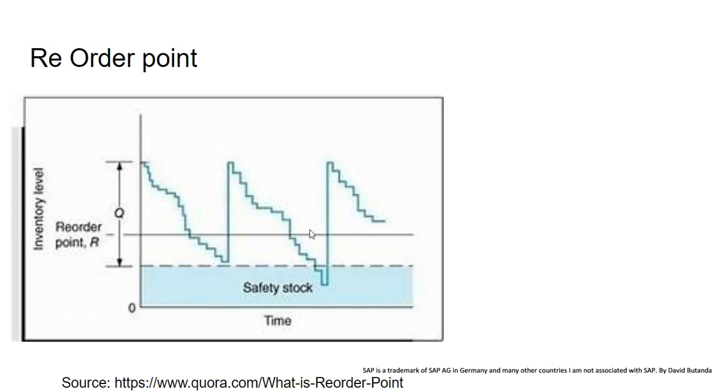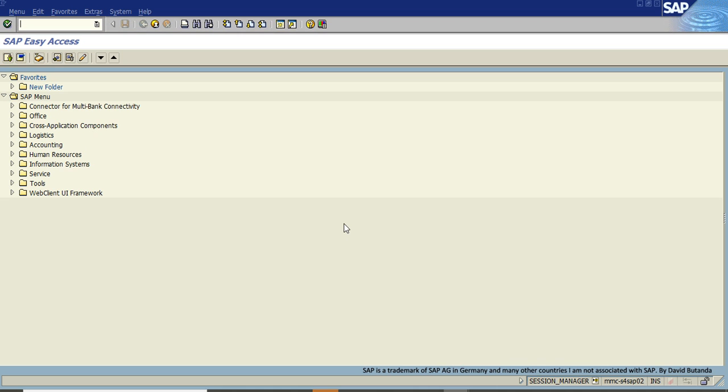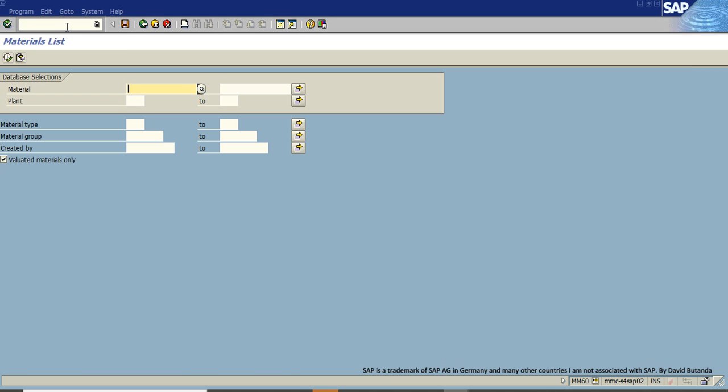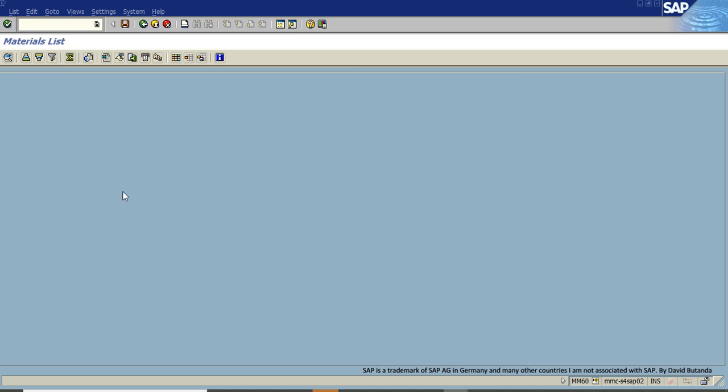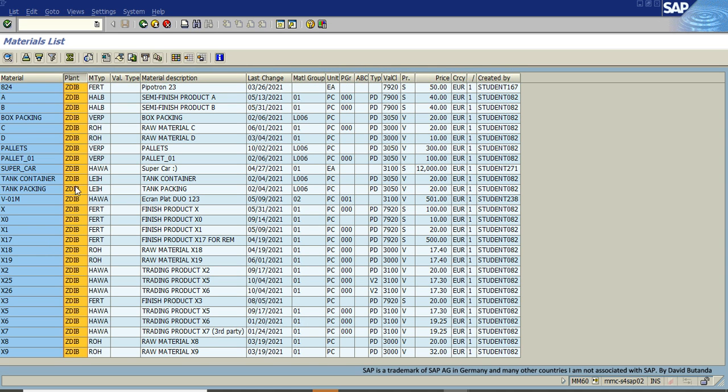Okay, so once I said that, I would like to introduce you to the topic in SAP. I want to use the transaction code MM60 to check all the items that we have available in a certain plant. So we can select what materials we want to see or what plants we want to see. Currently I want to check plant ZIB, what items are created and that are evaluated also. So I click on execute, and here we can see all the items created under the plant ZIB and the